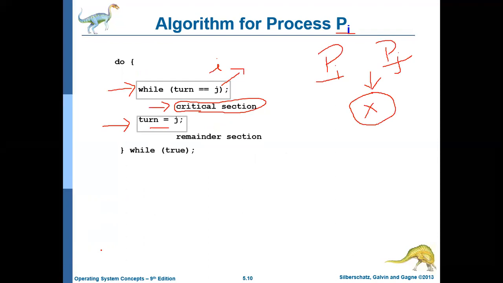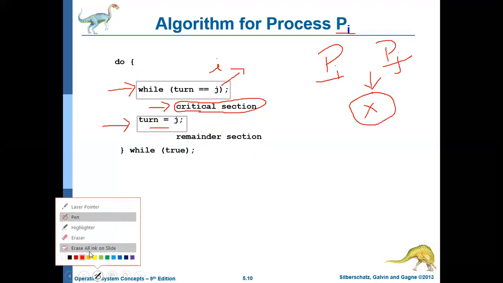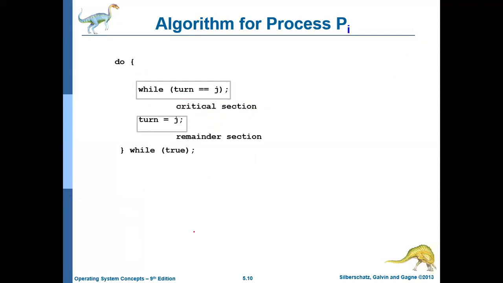This is a very simple algorithm, so it has its own drawback. Obviously it solves the problem of data inconsistency, because if you follow this algorithm, it ensures that the data will be consistent. But it has some issues. What are the issues?